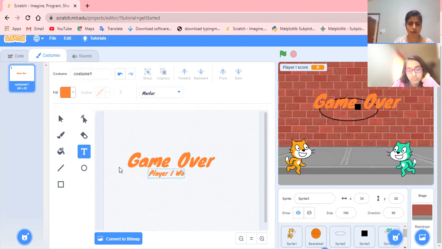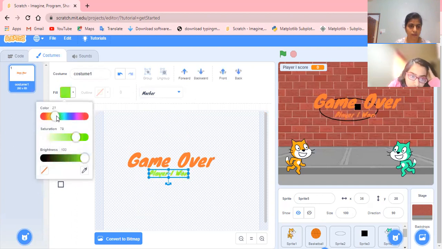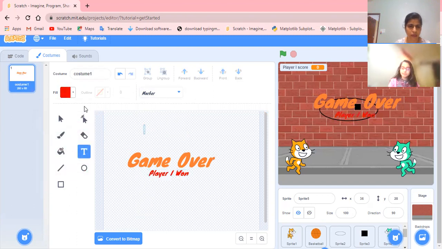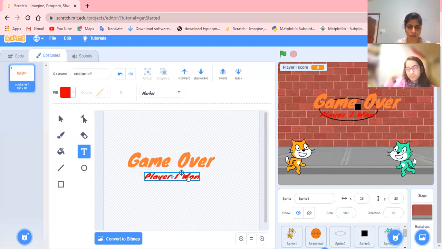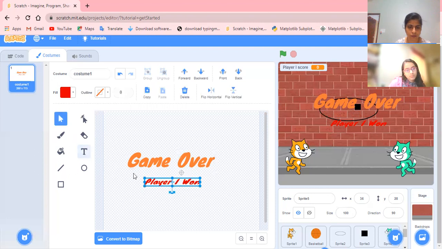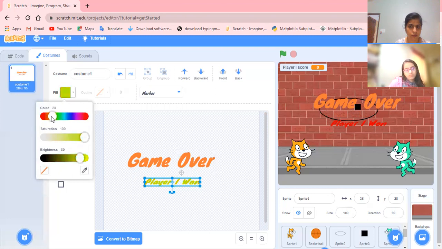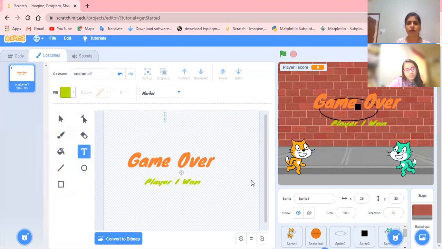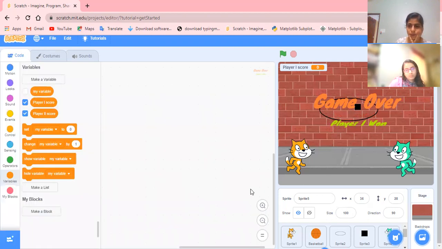Here first, for this, let's change the color. Right? And for the other one more, we can give the color as per the sprite.